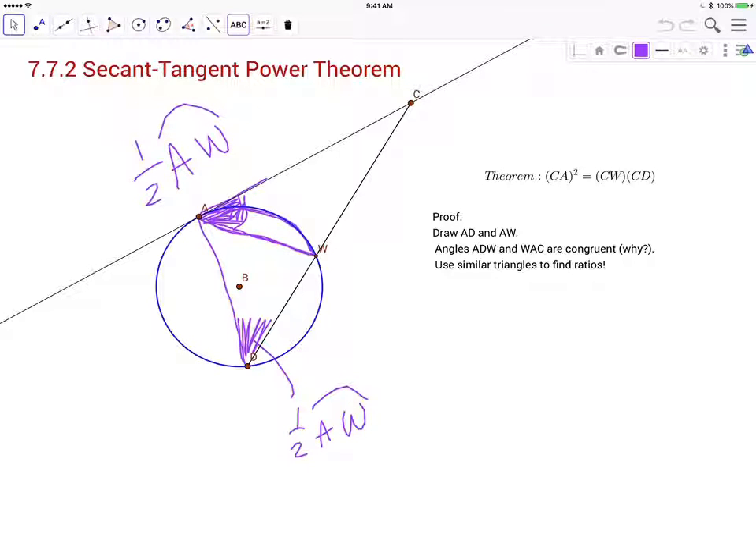Isn't that cool? And so therefore, I think you can probably see these are like two overlapping triangles, a very big one and the one to the far right. And they share vertex C together. So let's build the similar triangles here. Triangle CAW is similar to triangle CDA,